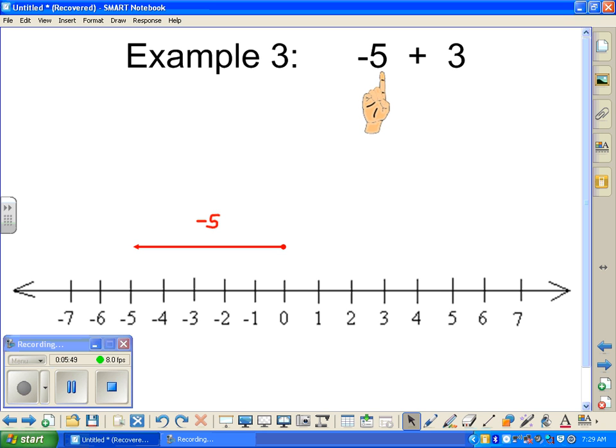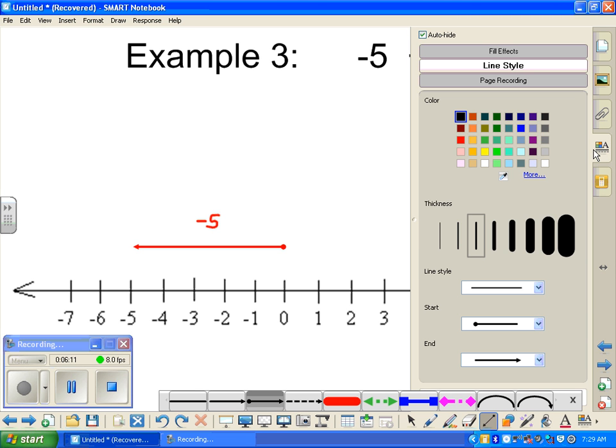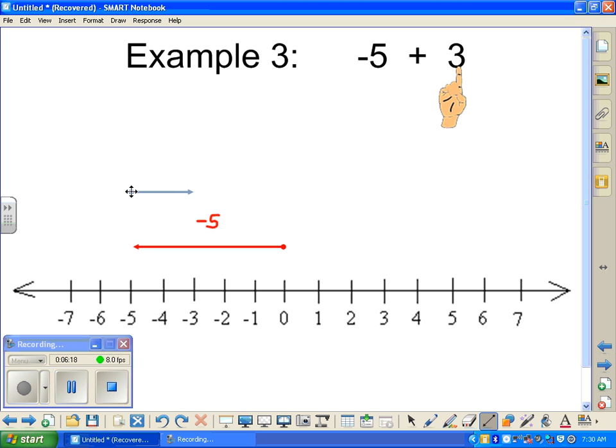Notice how the next term is we're adding 3, +3. So remember where we left off. From 0, we went 5 steps backwards. We stopped at a -5. Okay? And now we need to go 3 steps forward again. So we would actually travel this way, won't we? So the 3, let's go to the 3 here and choose the same blue. And we're going to go 3 steps to the right from where we left off. So from here, we left off 1, 2, and around here is the 3,